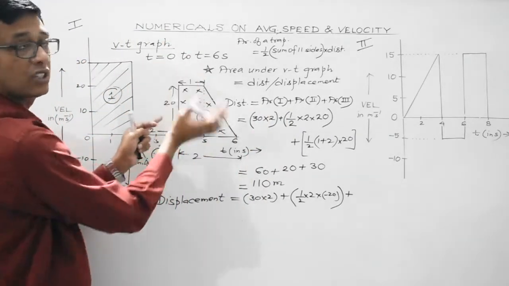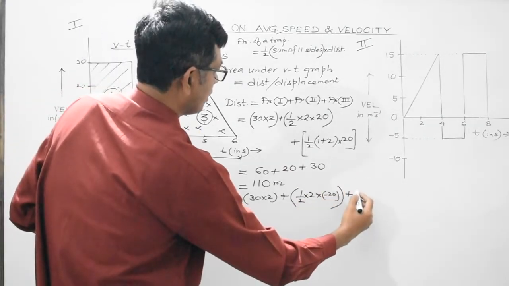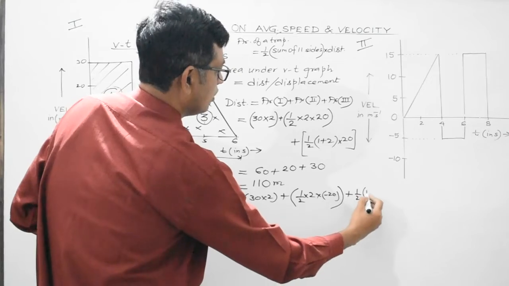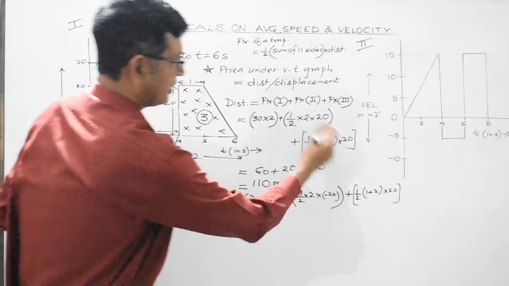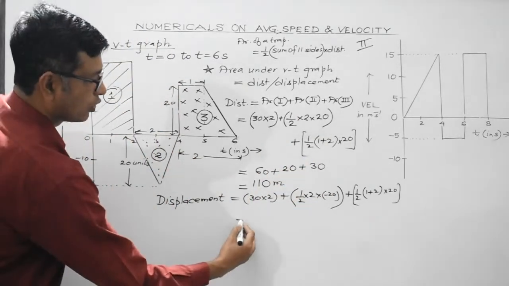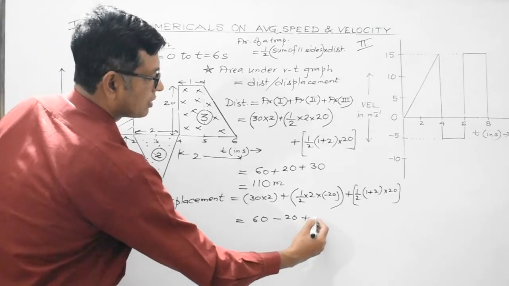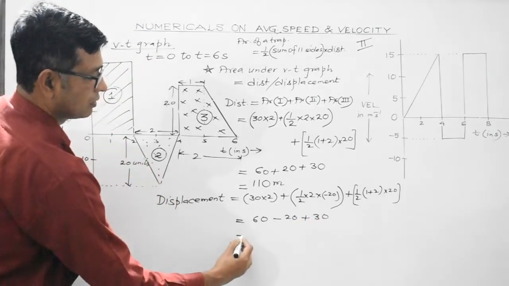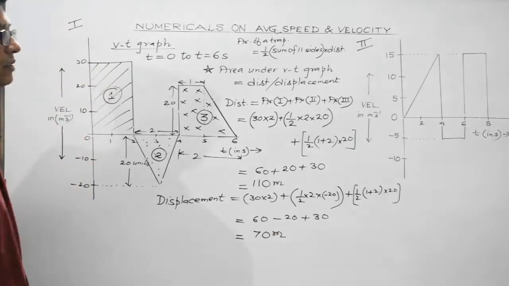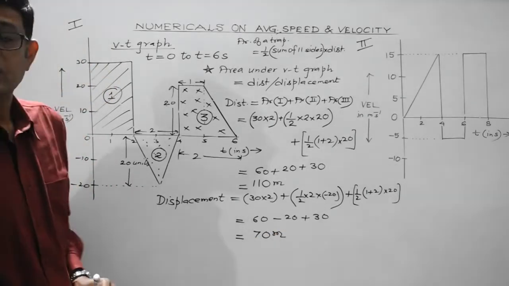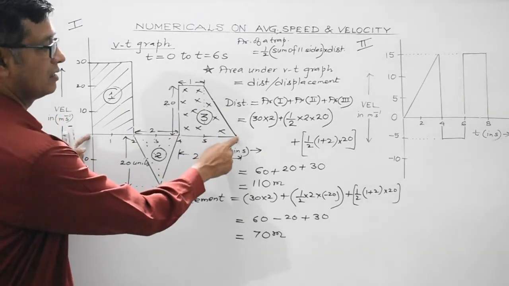All the dimensions are in positive sign. So, therefore, it would be half 1 plus 2 multiplied by 20. Right? The same as was obtained earlier. So, what you get is 60 minus 20 plus 30. That is 70 meters. So, the distance covered by the body during the time interval 0 to 6 seconds is